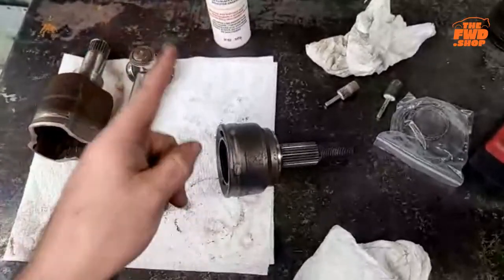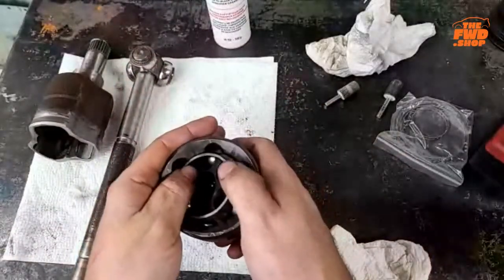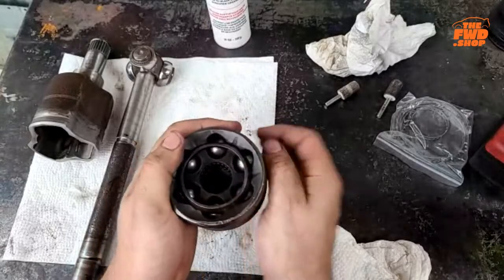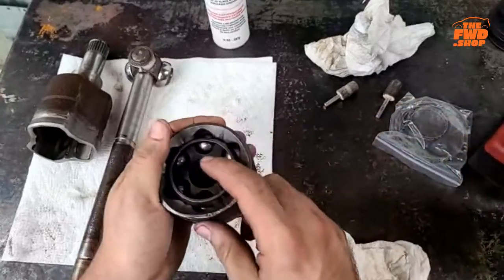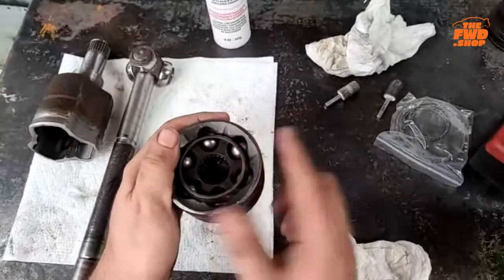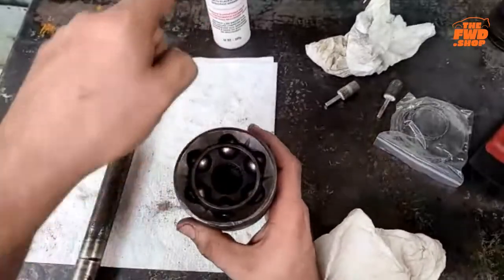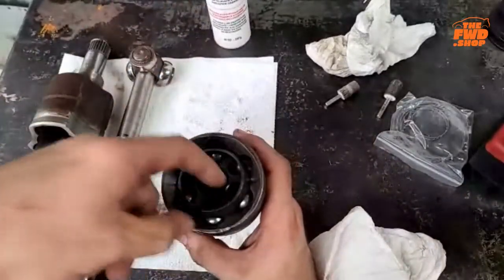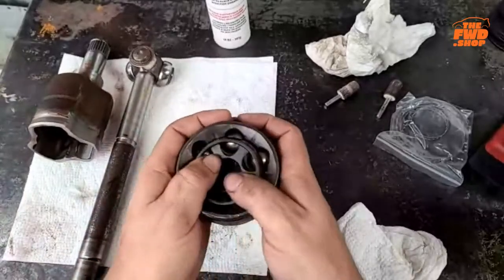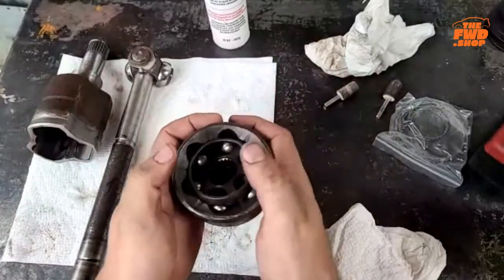Now, the important thing to remember when you're greasing these axles is that they have to move, okay? So you don't want to take this thing with it flat and just absolutely fill it with grease, okay? You want to get pretty close, though, at least how I do it. I will get it here, and then I will just start scooping grease, putting it in, and just filling it, okay? Then move it around some so that it gets up in between. And you can come in here, put some, move it around. Just make sure it's got